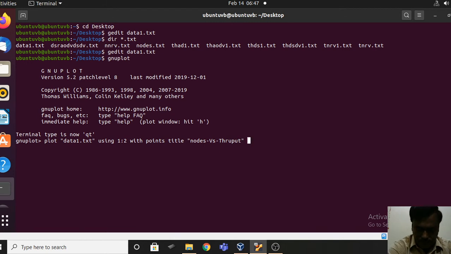and then you can select the line width for plotting the graph. You can take some value, it is up to you, and after this you just press enter.